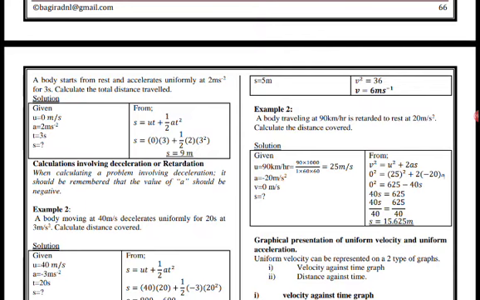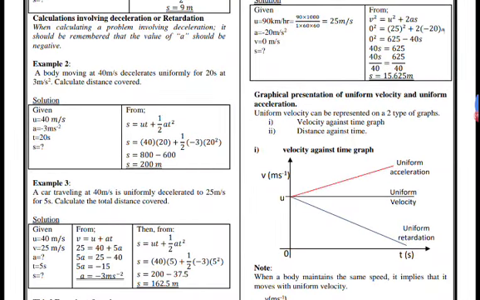I advise you to always change the given velocities to meters per second. If you're given such a velocity, like 90 kilometers per hour, you just convert 90 times 1,000, that is, we are changing from kilometers to meters, divided by the seconds that are in 1 hour. Then you substitute and get the answer.